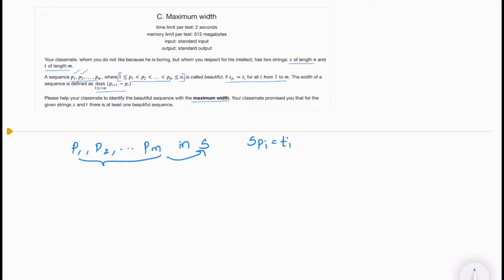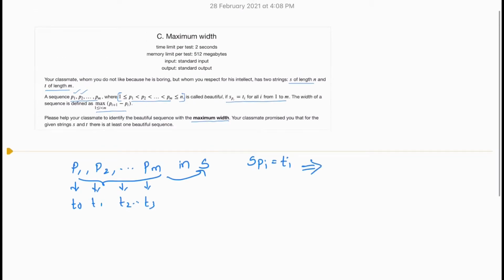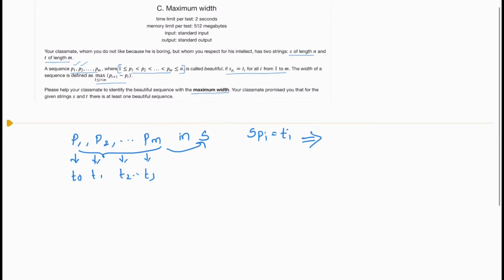So each position p of i in s corresponds to each character in the string t, that is t of 0, t of 1, t of 2, t of 3. Now that we see this in this way, we understand that this is nothing but a subsequence. This just says that t should be a subsequence in string s.